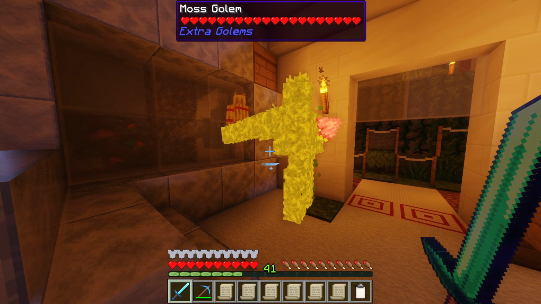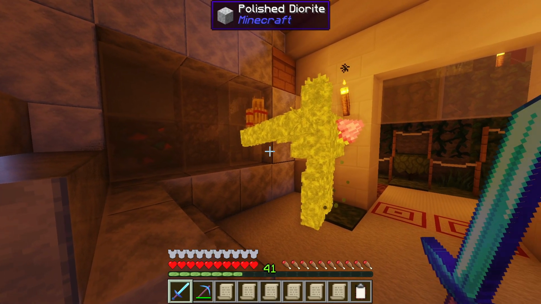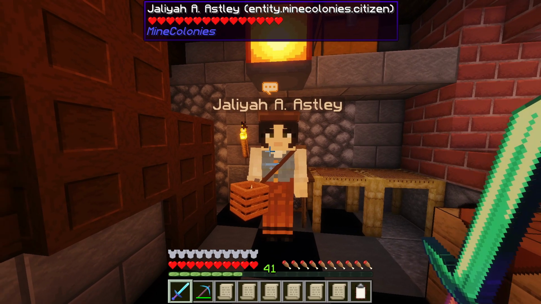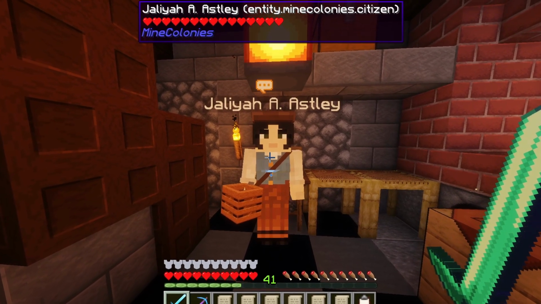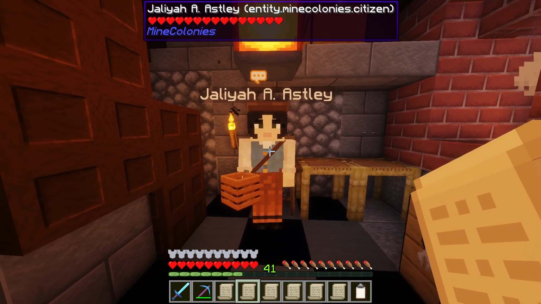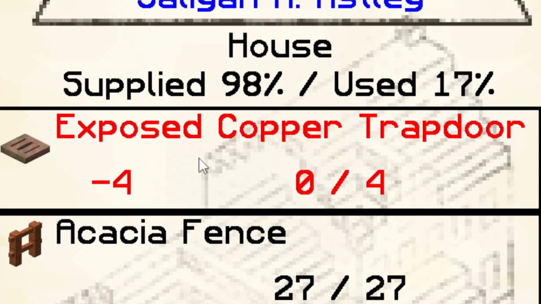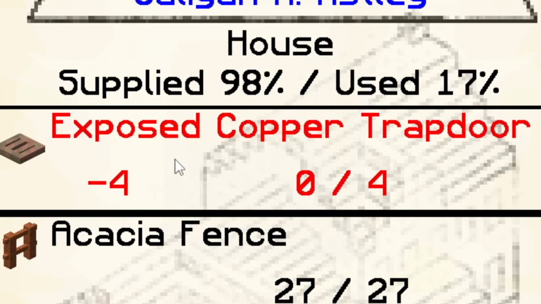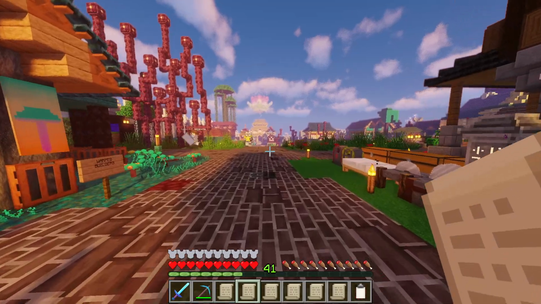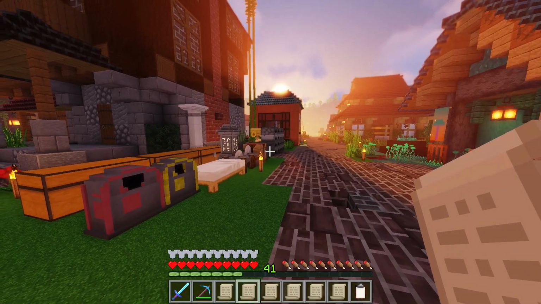But by the looks of it, that is all 6 of our builders then with a new work order each, apart from Jalia, who of course is being difficult. Jalia is upgrading an acacia-styled house to level 5 for us at the moment, but is requesting in some exposed copper trapdoors for it. We can make copper of course, oxidize it, weather it, whatever it requires, but that will